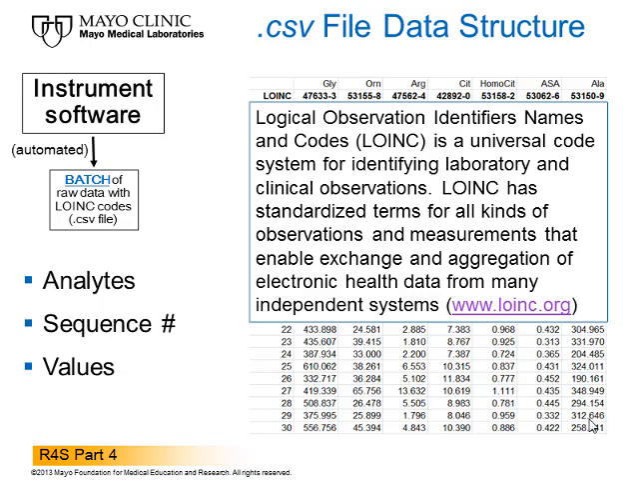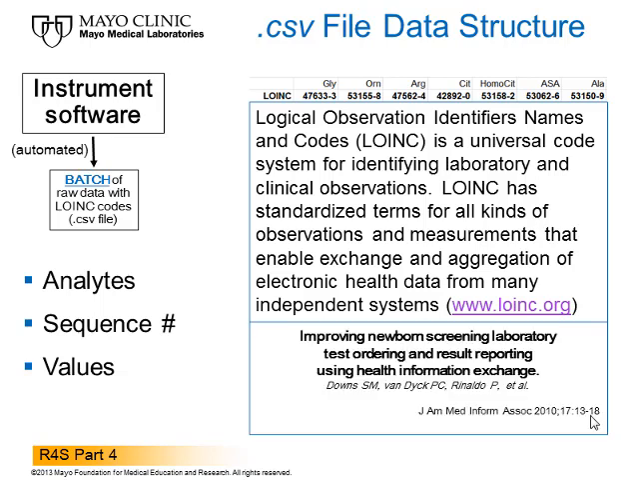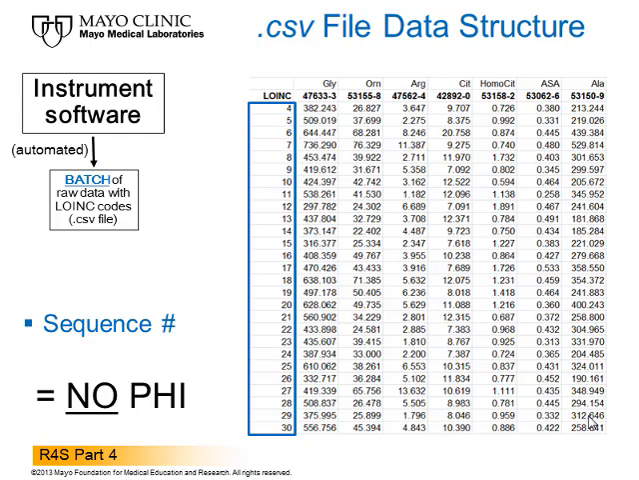from many independent systems. A LOINC code is unique to a combination of component, system, which is sample type, scale, and unit of measurement. More information on the application of LOINC codes in newborn screening can be found in this publication. Going back to the CSV file, the final output is void of any PHI. Individual cases are identified only by their sequence number in the batch, an information that cannot be traced back to